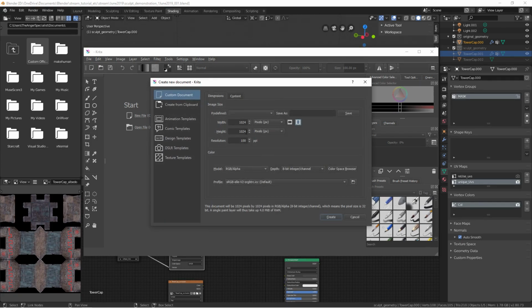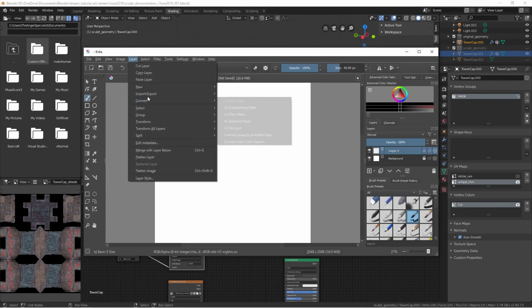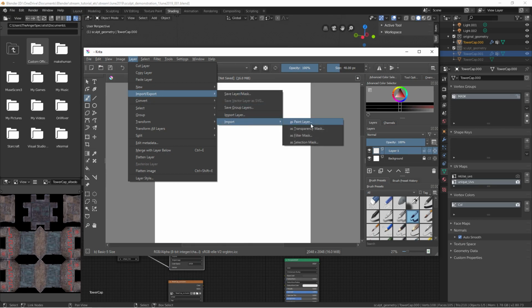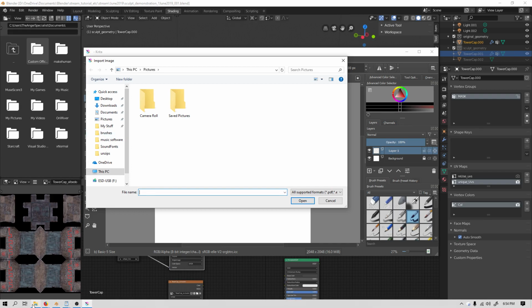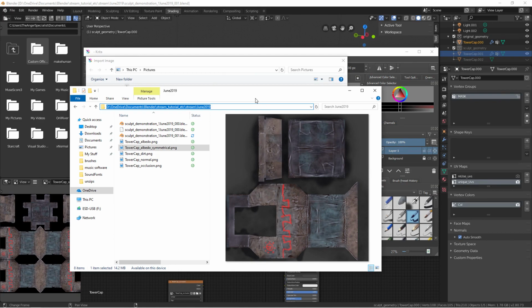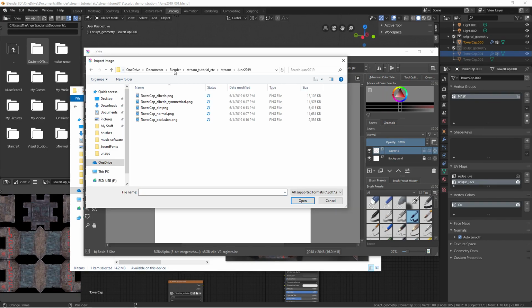Make a new file. I'm going to use the same dimensions that we were using earlier. And 8 bits is fine. We've been painting in 16 bits, but 8 bits is fine. Go ahead and create that. Layer. Let's import some layers. We're going to go to the same place we've been saving our files to, our project folder. Let's go ahead and import all of these